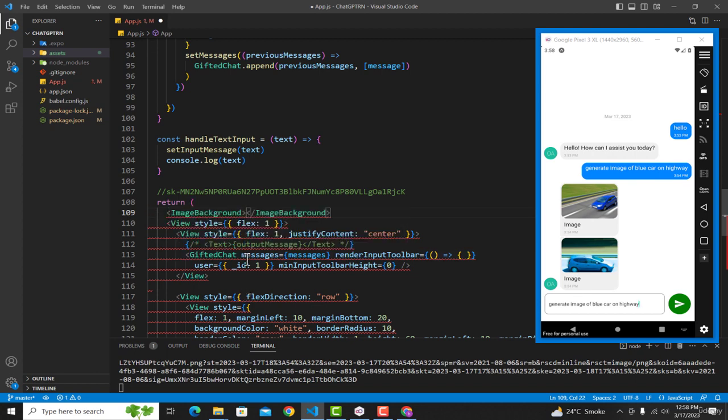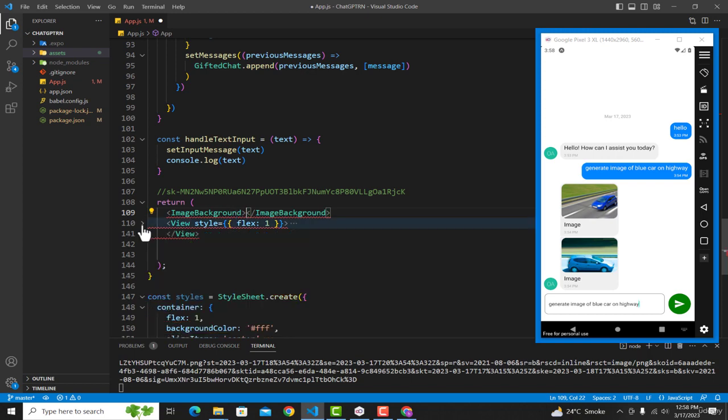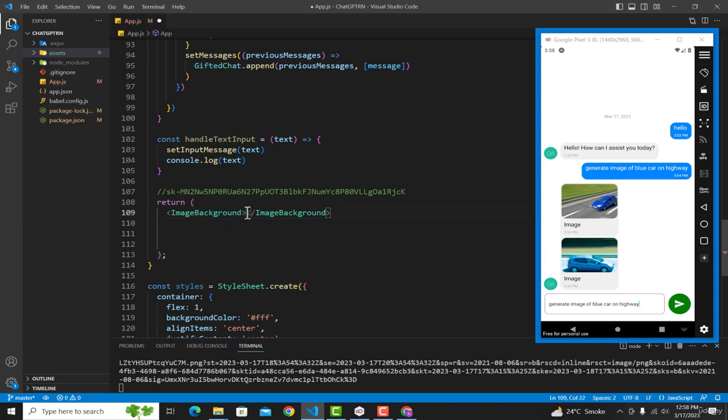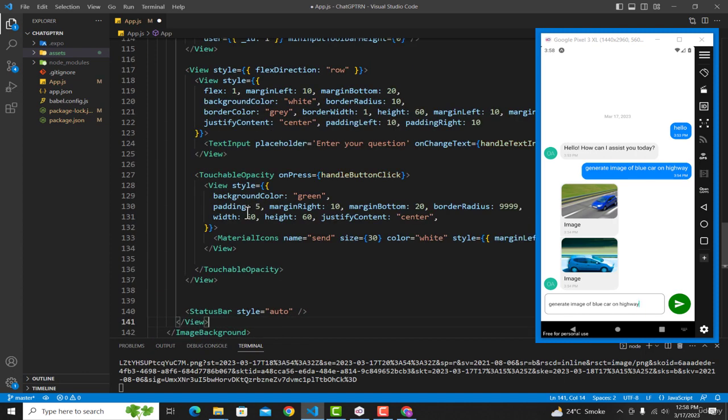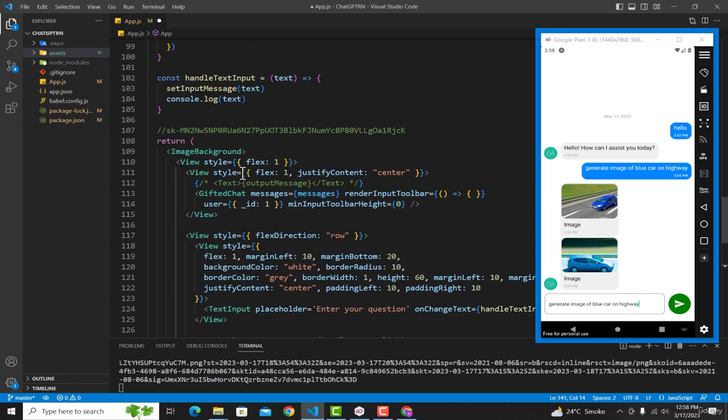close this component. And now we need to put all the code that we have inside this return function inside this ImageBackground. So here I am going to minimize this view, and after that you can simply cut it and paste it inside this ImageBackground. And now after doing that, we need to specify the image that we want to show as a background, and